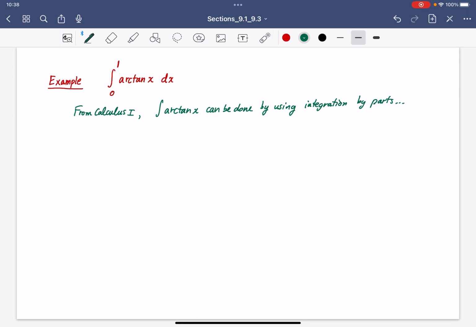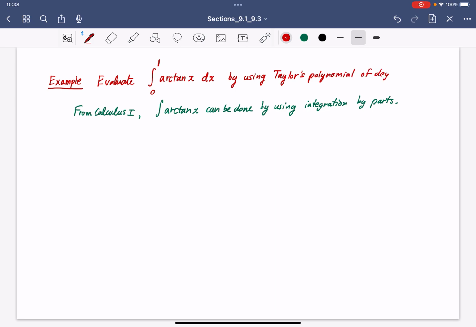This is the correct way to do it. So you can integrate arctan by using integration by parts. If you pick u to be arctan x and you pick dv to be dx, you use integration by parts, and you're going to get the integral of arctan x. But this time we're going to find this one by using the Taylor series. So let's say that we want to evaluate this one by using Taylor polynomials